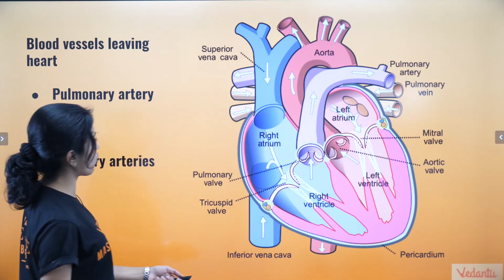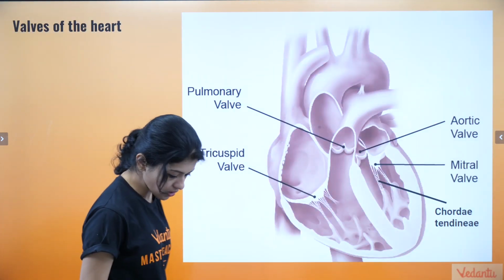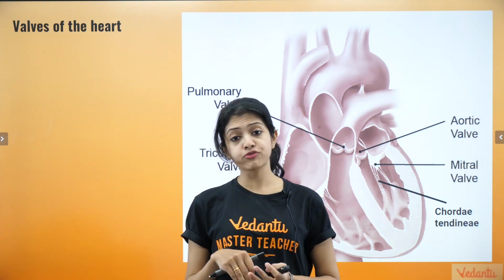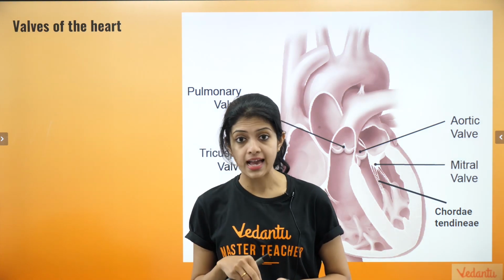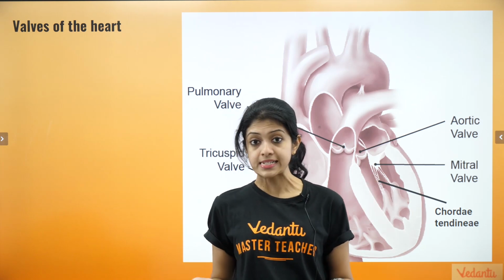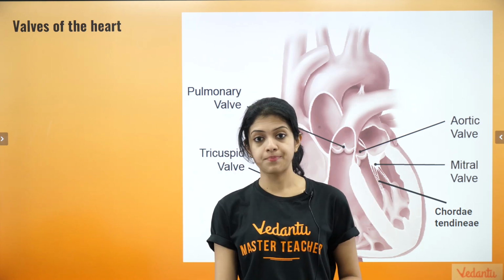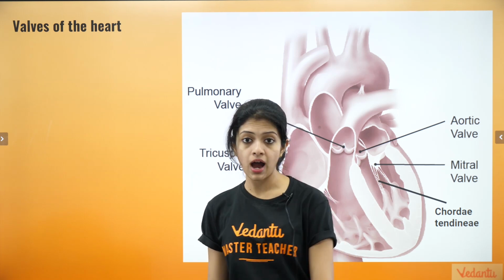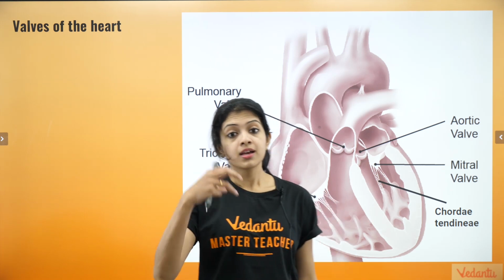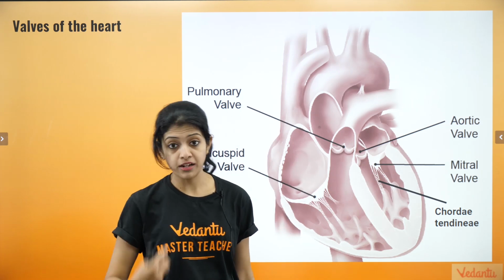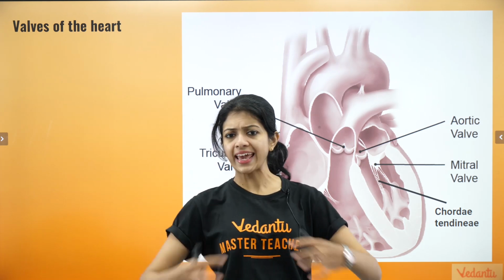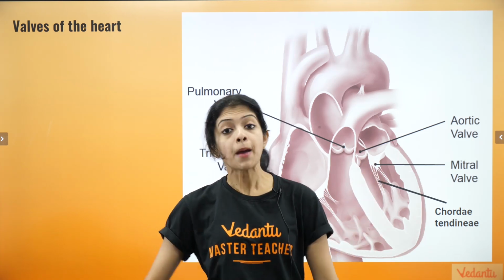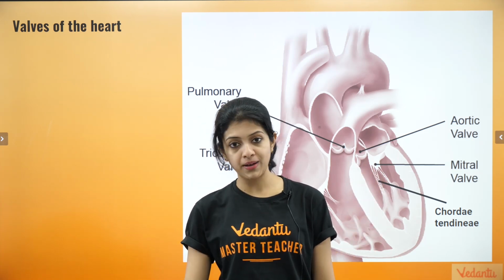Now, going on to the next one. Now, we've spoken about the chambers of the heart. We've seen what blood vessels are. We've seen the major types of blood vessels. In addition to that, it's not just enough that we have chambers of the heart and vessels of the heart. We also need something called the valves. What do valves do? Just like in a plumbing system, valves of your heart also prevent backflow of blood.